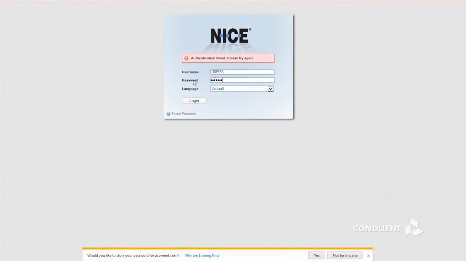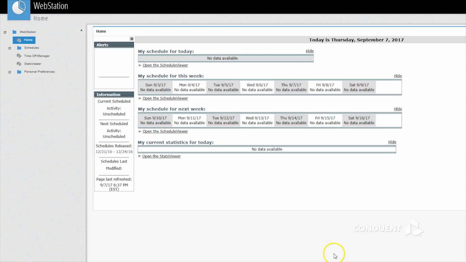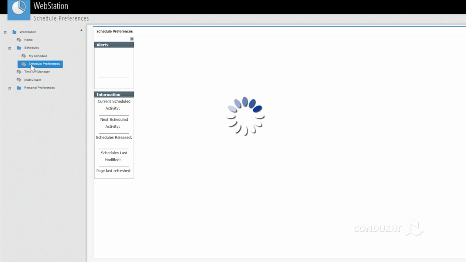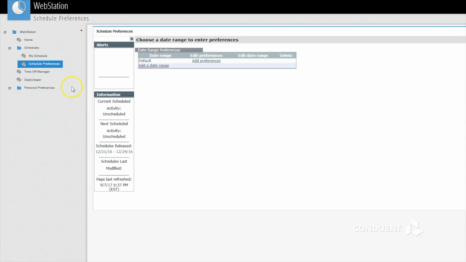After logging into WebStation with your username and password, you will see the home screen. Go to Schedules on the left-hand side of your screen and then click Schedule Preference. This will open the Schedule Preference tool in which you will be able to create, modify, or delete any preference